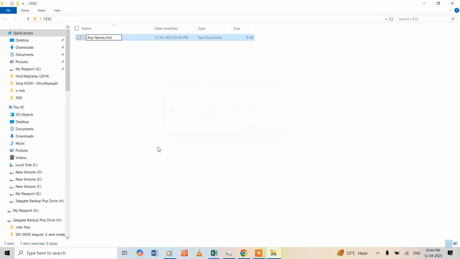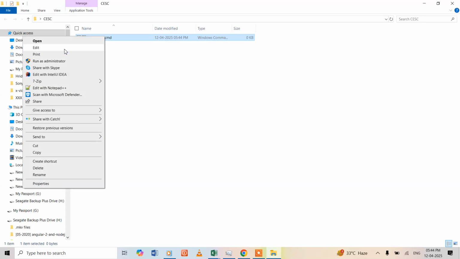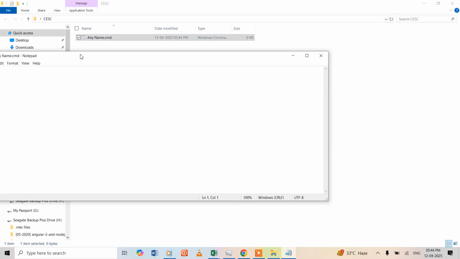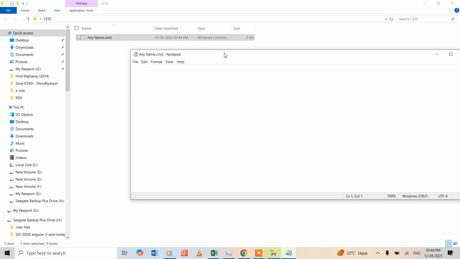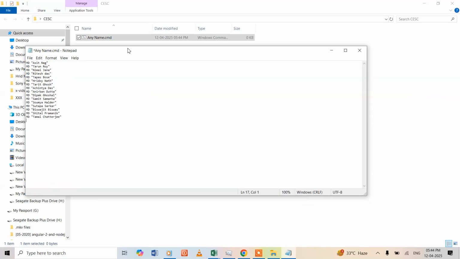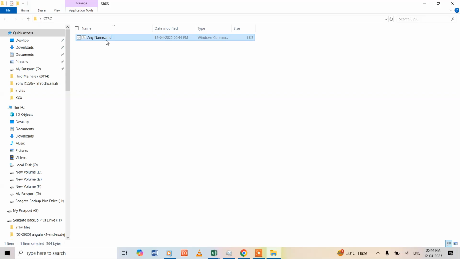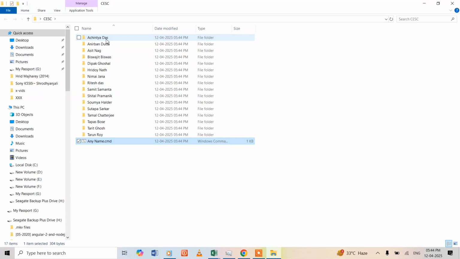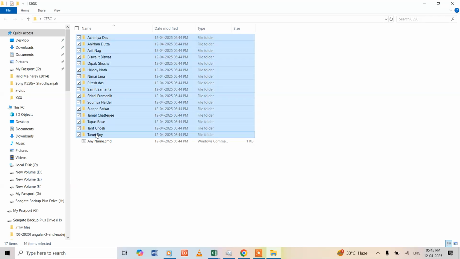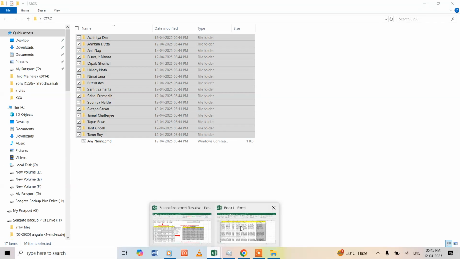Let me press enter and enter, and then we'll be going to this edit section, and from here we will be pasting all of the names which we had earlier copied from the Excel. Now let's close this particular window and press save. Now whenever I am double clicking on this particular file, here we are having 16 items selected,